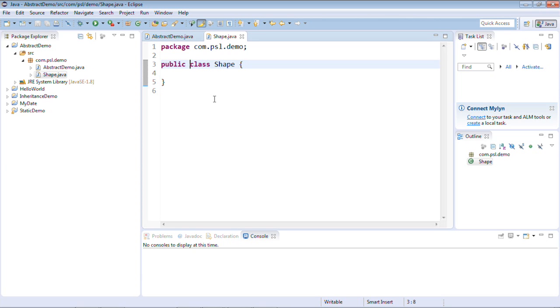So abstract is a keyword, and this is very simple. I simply need to put the abstract keyword in front of class. So now I can say that this Shape class is an abstract class. Shape contains a method called calculateArea, right? If Shape contains the method calculateArea, let me write down that method. So I'll say void